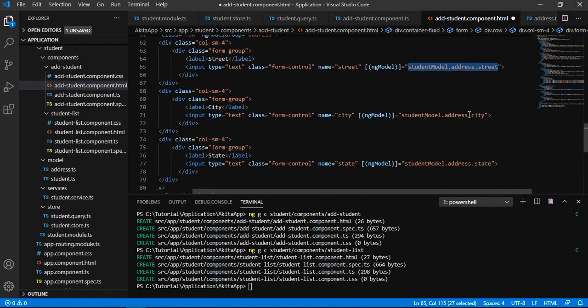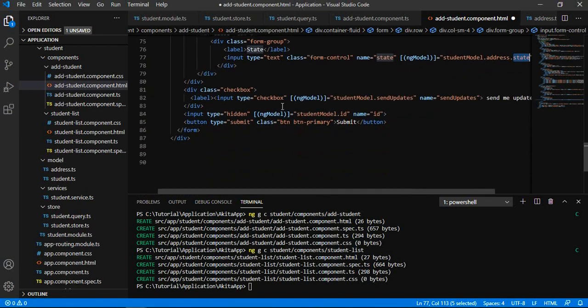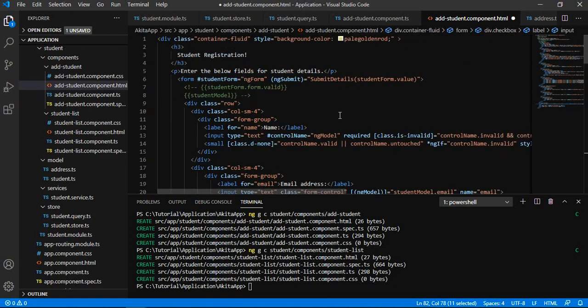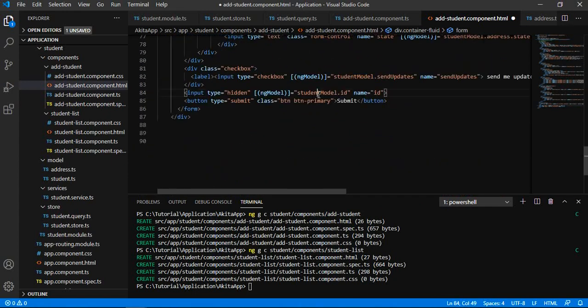And for send updates, you already know I have created, and later on when you click on submit, it will do nothing but submit your details. And also we are keeping a student model ID as a hidden field. If the particular record is having the student ID value, then it will be treated as to update the particular record. So I am done with creating the add student component,